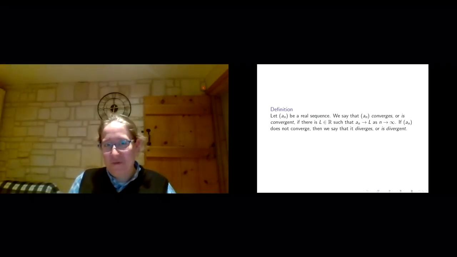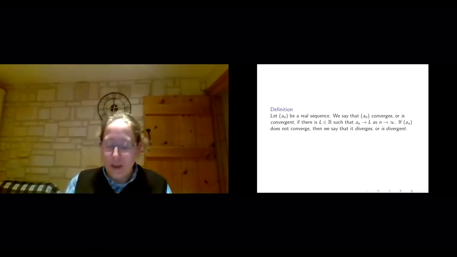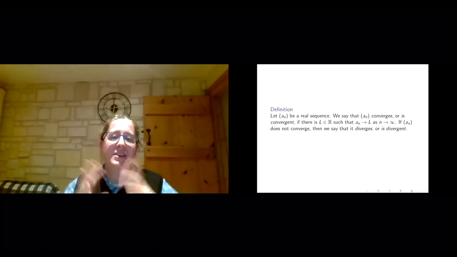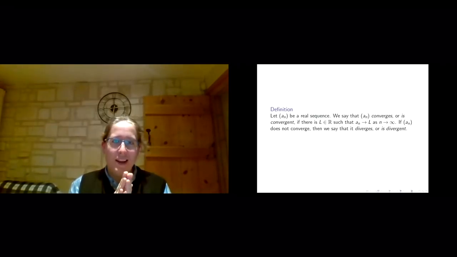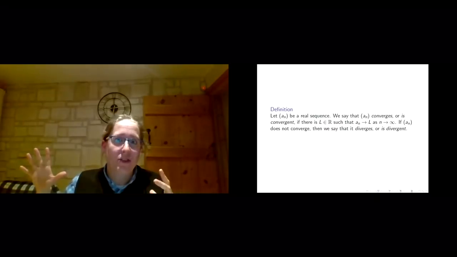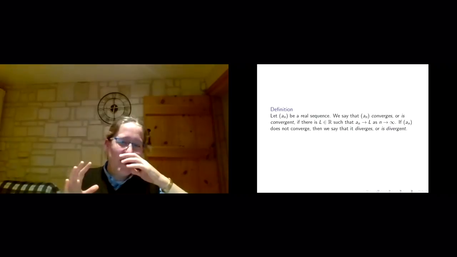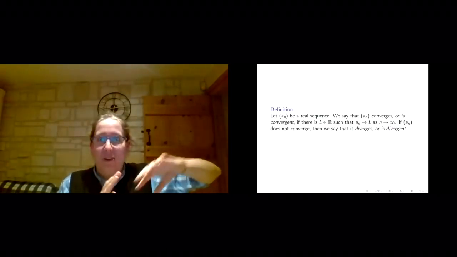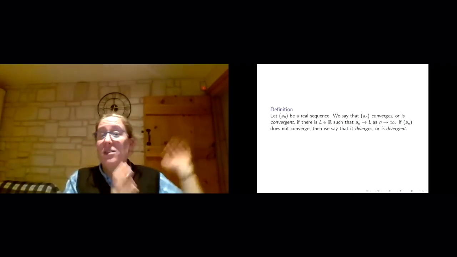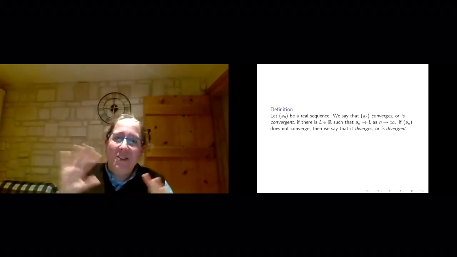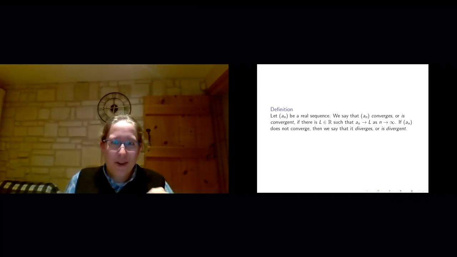Okay, hopefully you've just consolidated your understanding of convergence. You've gone back over that. Let's keep going. So one thing I want to comment on is that our definition of convergence, whether or not a sequence converges, shouldn't really depend on the first 100 terms of the sequence, or the first million terms, or the first squillion terms of the sequence. Because all that matters is what happens eventually far enough down the sequence. Maybe the sequence goes wild for 1,000,000 terms, but then it does something quite sensible. And the wildness for the first 1,000,000 terms shouldn't have any effect on whether or not the sequence converges. And I want to make that precise.